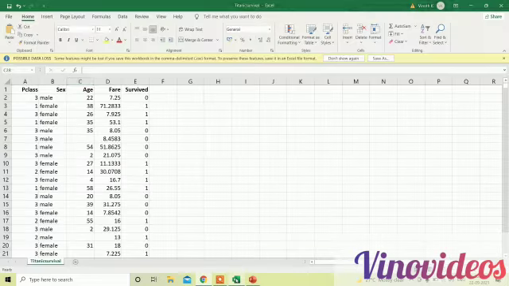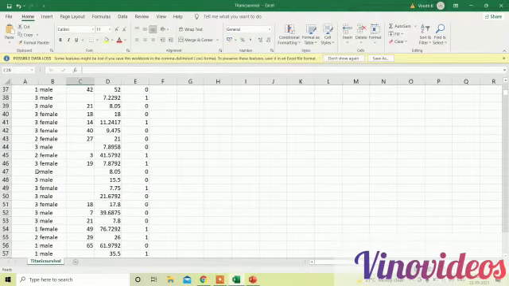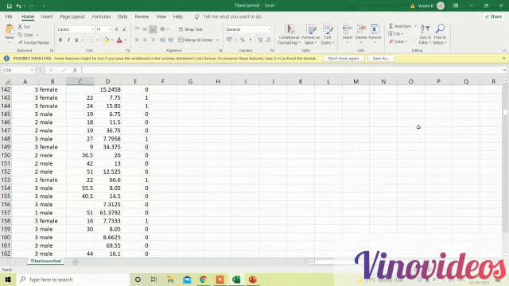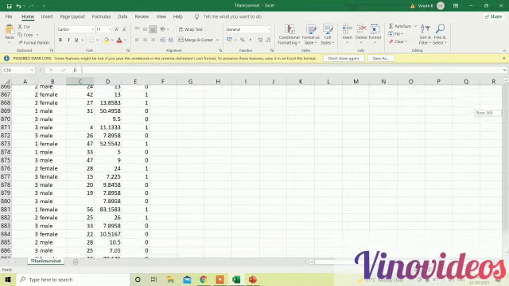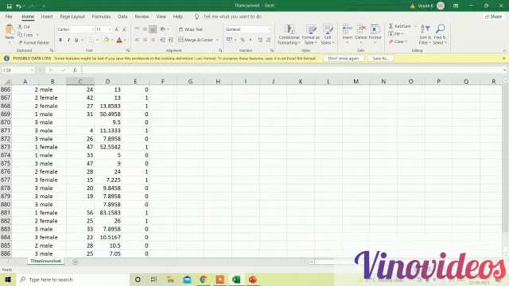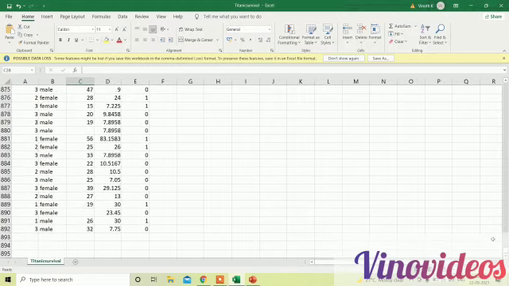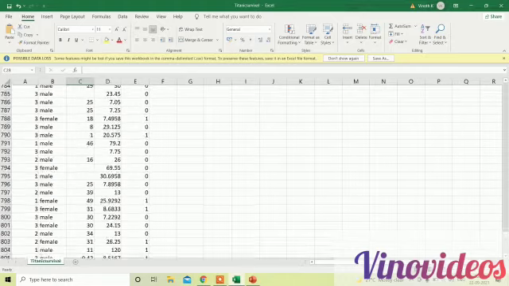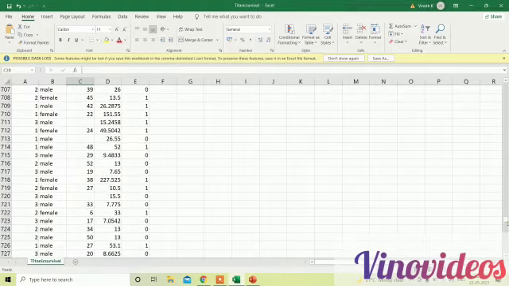Let me check in our data set. The columns are 1, 2, 3, 4, 5. Again the rows, at last we check, it is 800 and something, 892. So 92 in the sense that one is a heading part.